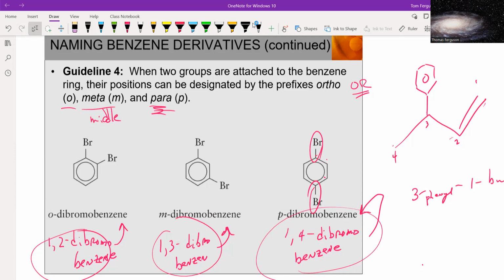And then para, think of paragliding. Paragliders got wings spread out directly across from one another. So when the branches are directly across from one another, it's called para. Now, that's one way of naming these. The other way to name them would be 1,2-dibromobenzene versus